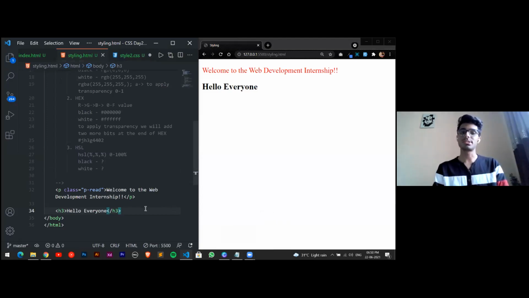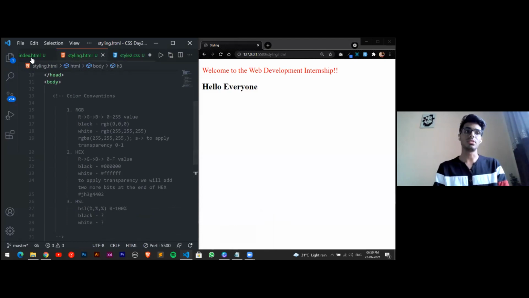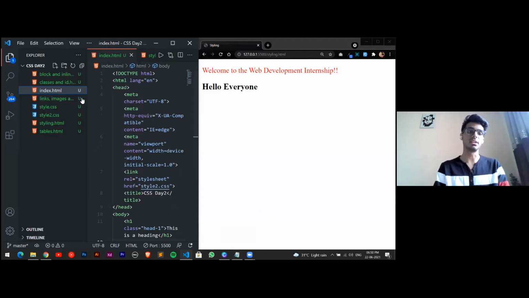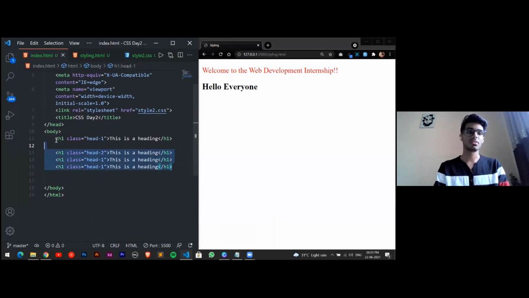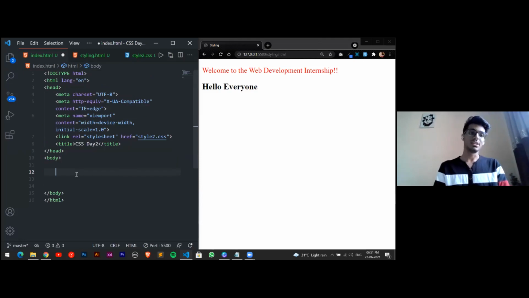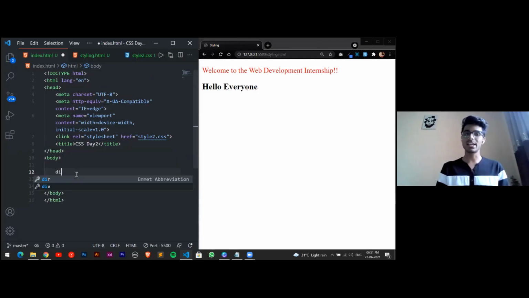So I'll just demonstrate this so that you guys understand exactly. I'll just go into index.html and I'll remove this. We have linked our style sheet. I'll just create an empty element, that is a div. What is a div? It is just like a vessel or a container wherein all our elements will be stored.